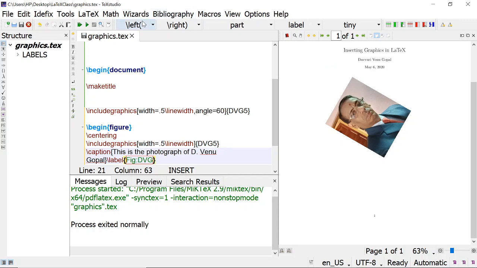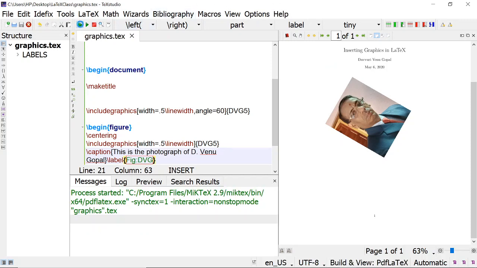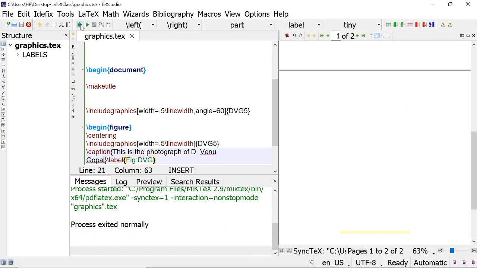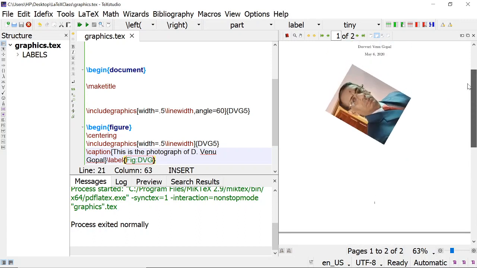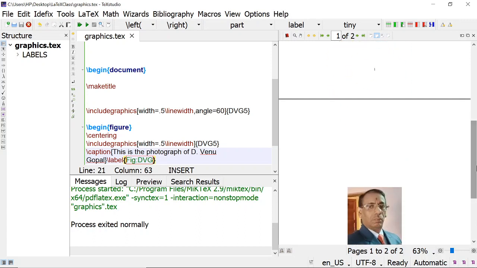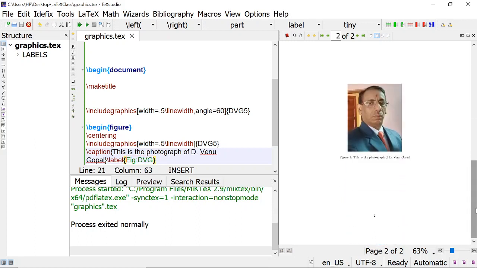Now when I compile this document, what happens? It will be a float. Float means generally in any standard document, figures are given either at the top of the page or at the bottom of the page. Generally in the middle of the page no figures will be given.